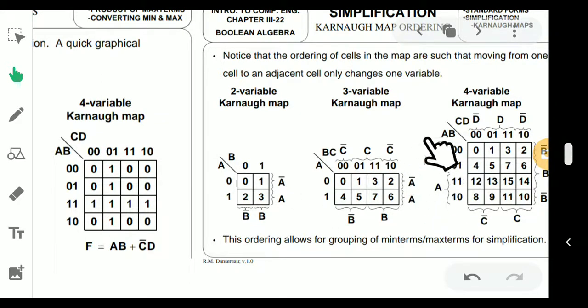The four variable option is the same as over here. So here 0 1, then 3, then 2, then 4 5 7 6, then 12 13 15 14, and here also 8 9 11 10. The similar problem arises here also. That's why 8 9 10 11 go downwards, and 12 13 15 14 in the upward direction. There also a change in bit format is a problem. That's why it's interchanged. I hope you understand this one also. So in this way we have expressed our table.